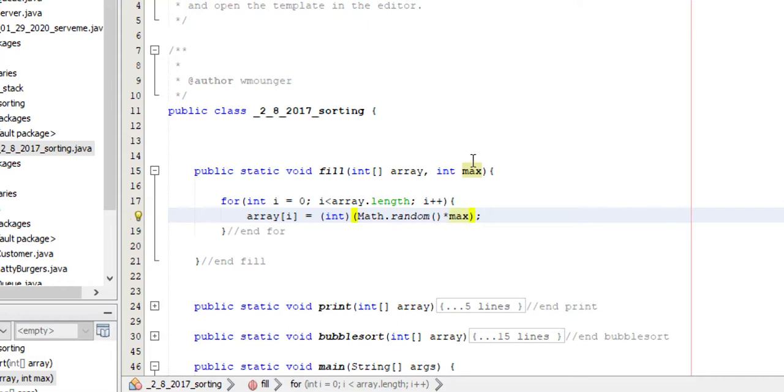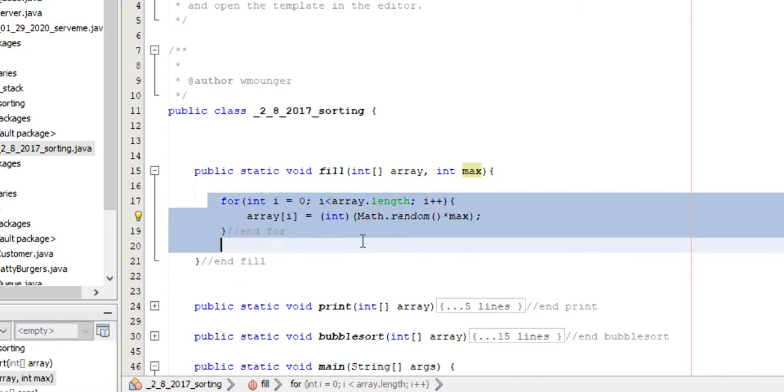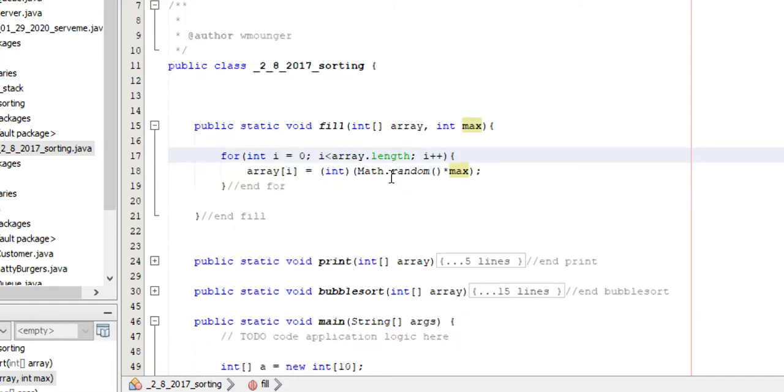But this will at least give us an approximation. It doesn't have to be perfect. If I wanted it to be 1,000, then I'd pass it 1,000. And all this is going to do is fill the array I gave with random numbers. So that's the first thing we need. The next thing